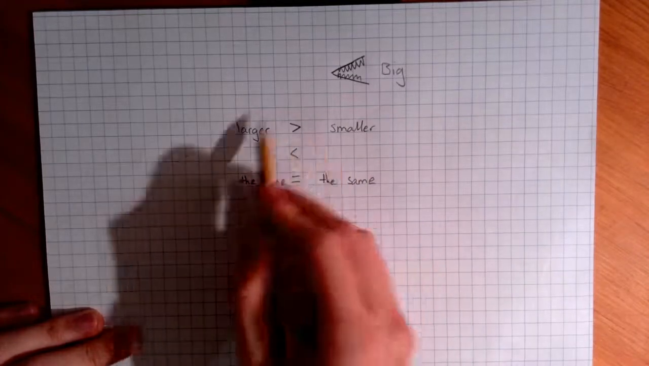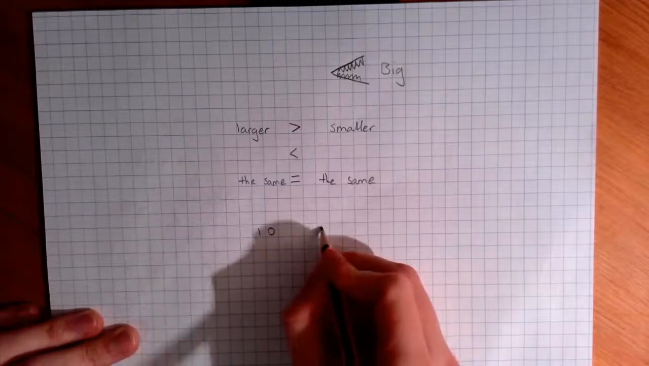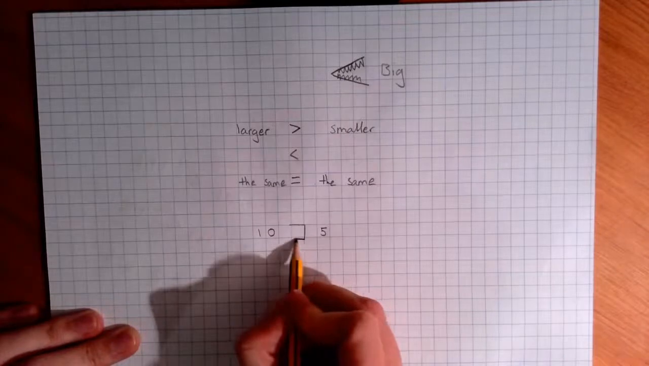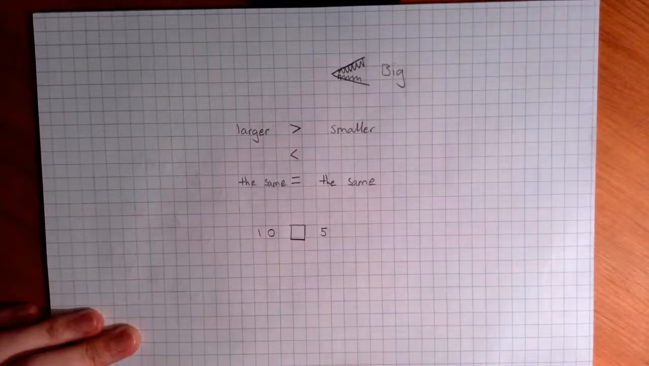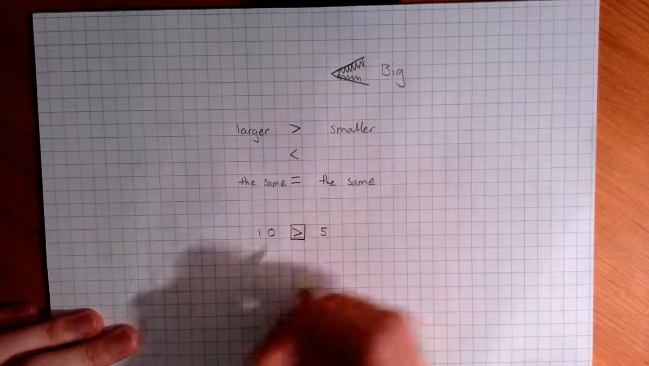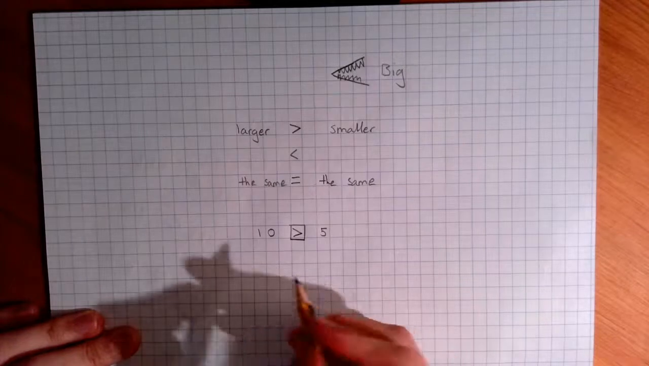So when we're seeing these in questions, it could be really simple, where we've got two numbers and we've just got to decide what symbol's going to go in that box. And of course we know 10's bigger than 5, so the crocodile's mouth is going to want to open and eat that number. And again, if I had like even bigger numbers,